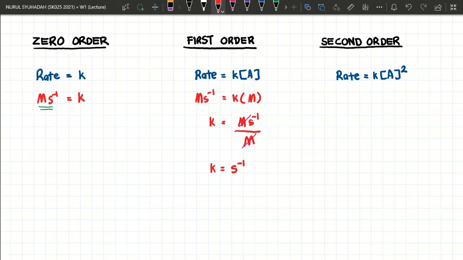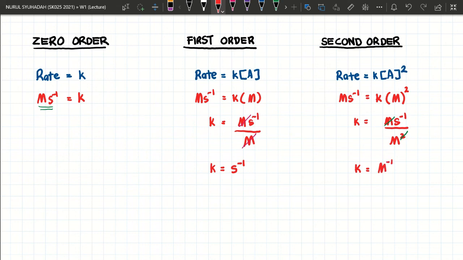Okay, now let's do the second order reaction. So the rate is still the same, molar per second, and K. The concentration is still molar. It's just that for a second order reaction, we have the power of 2 here. So rearrange the units: M s^-1 M^-2. Okay, so you can cancel this and we will find that the rate constant unit for a second order reaction is